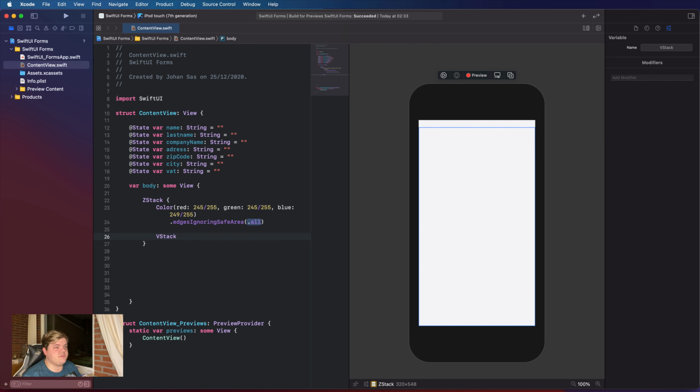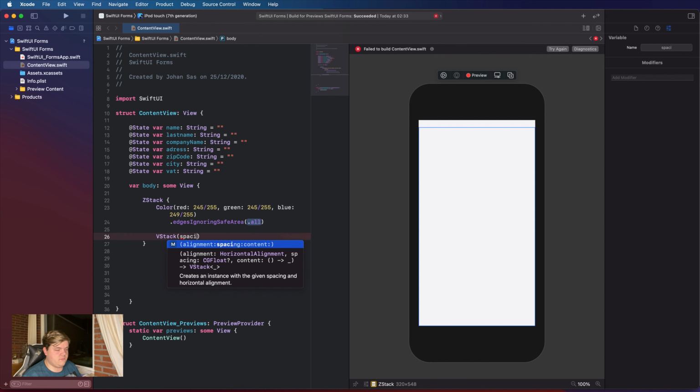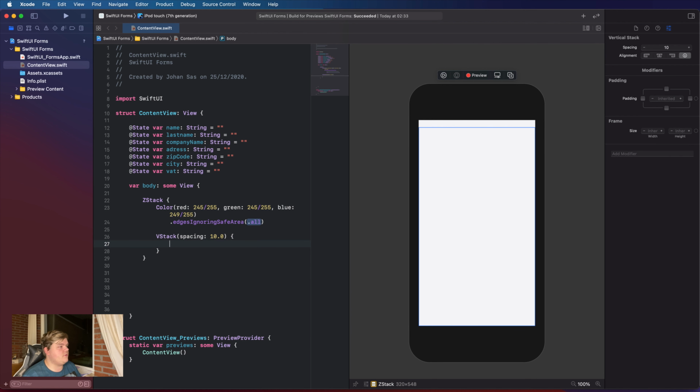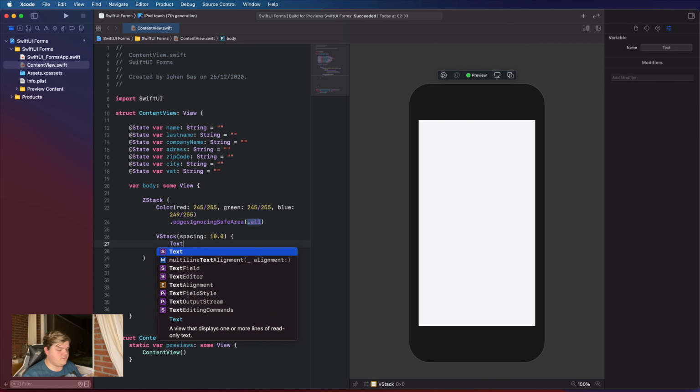We're gonna give this a VStack, and we're gonna give this some spacing. Spacing, and we're going to give this a spacing of 10.0, curly braces. And now we're actually gonna put in here, we're gonna put some text. So we're gonna call text,